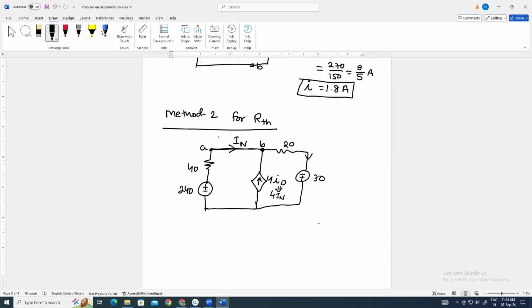This is 4I0 and that will be replaced by IN. So 4IN and IN. As per the similar practice, if we apply KCL at this node, IN and 4IN will be added and all together it will give here 5IN. Now if we apply KVL in the outer loop,